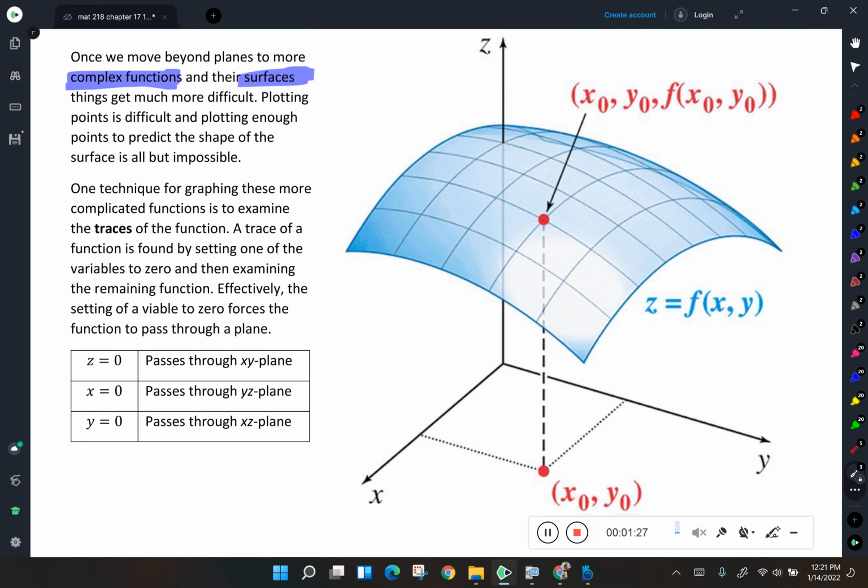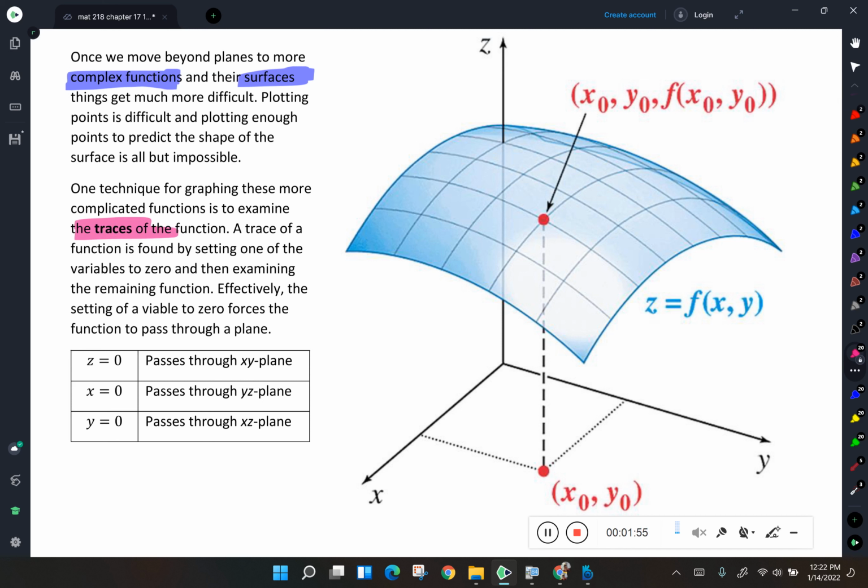Well, originally, of course, these things were always done by hand. And one of the by hand techniques for graphing these is to take a look at something called the trace, or more correctly, the traces of the function. The traces of the function are found by setting one of the variables equal to 0. Effectively, what we're doing is we're finding what the surface looks like when that three-dimensional surface goes through a two-dimensional